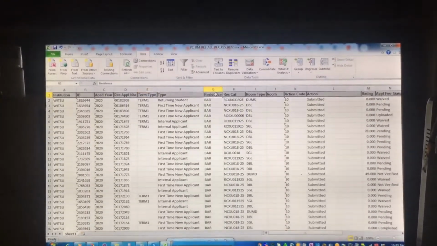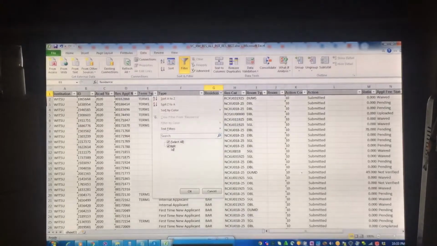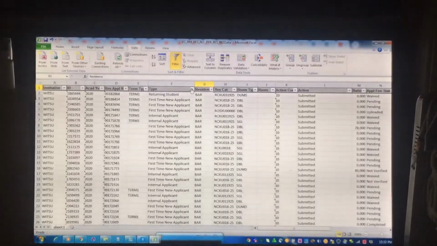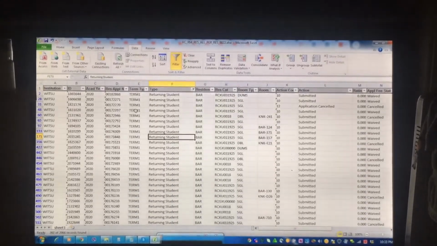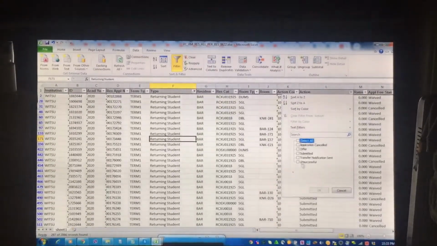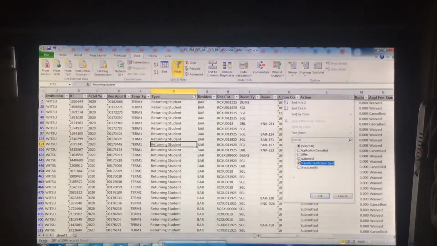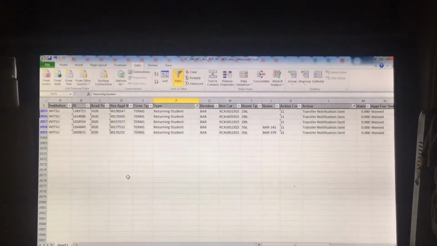So what you do first is, let's say you downloaded everything, you filter, and you choose the res, your residence, which is the res that you're going to be working with. In this case, I've downloaded just Banato, and we know that we're going to be working with only returning students. And amongst these returning students, the ones that I'm going to be working with are transfer notification sent students. I'm just giving an example. Obviously, we'll be working with both transfer notification sent and submitted for those that you want to change a status for. But I'm making an example with a shorter version of the list because I've checked it in advance and I saw that there's these few